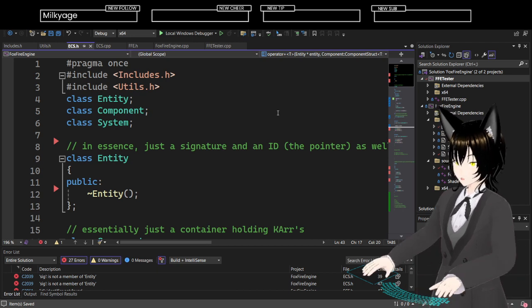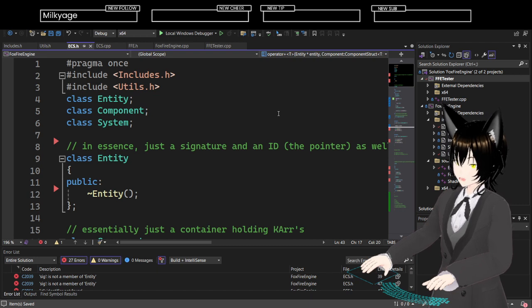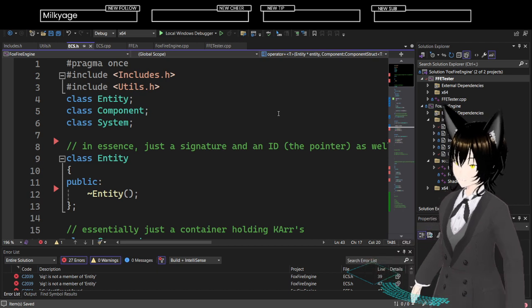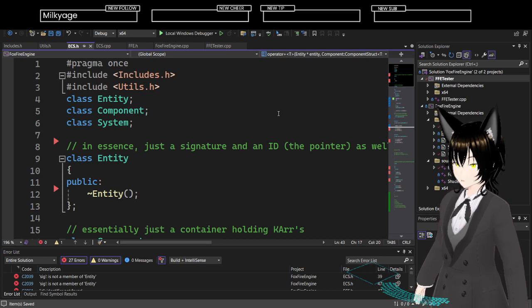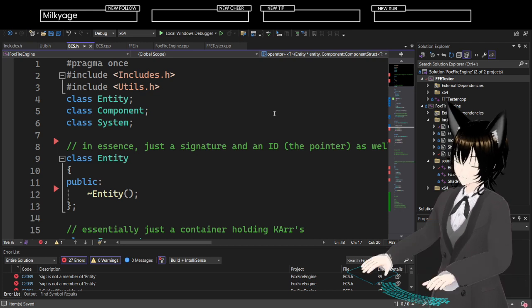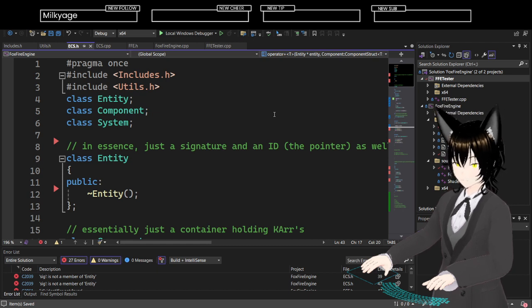So as I define new component types, I have to manually update that. And that's terrible, because that means that the end user can't create their own components, at least not easily. I'm sure there's a way to do it, but it'd be such a colossal pain. They'd have to effectively rewrite their own entity component system from scratch every time that they want to add a new component, and that just seems like really bad design.